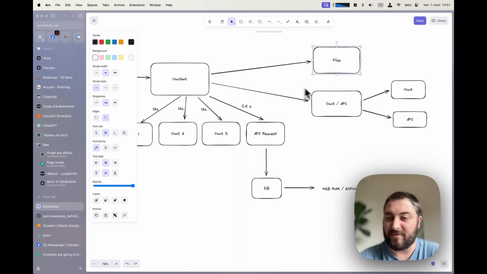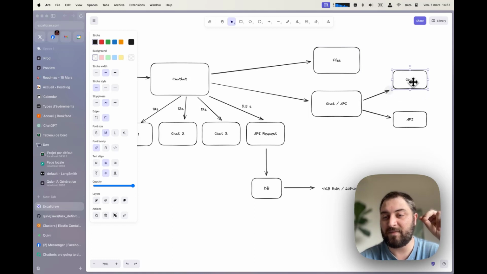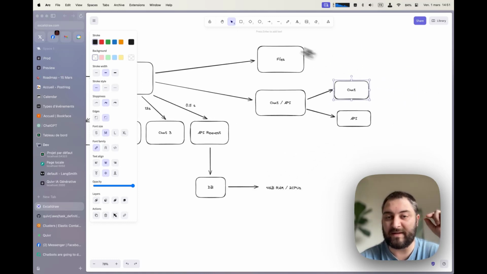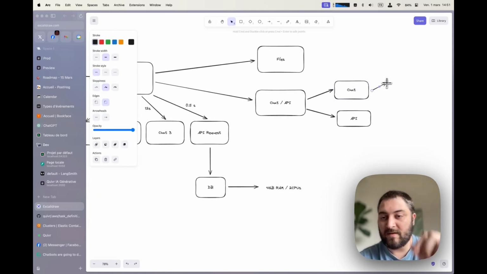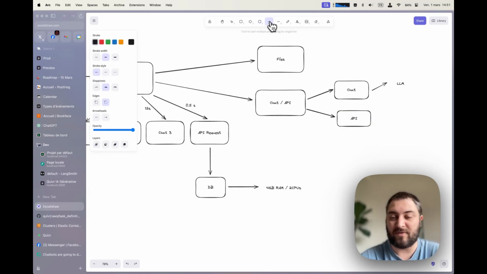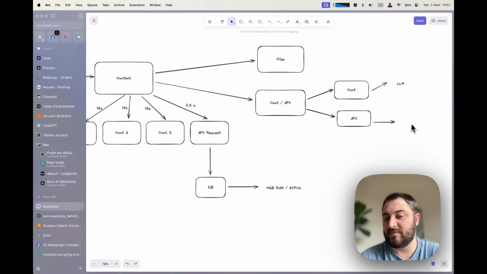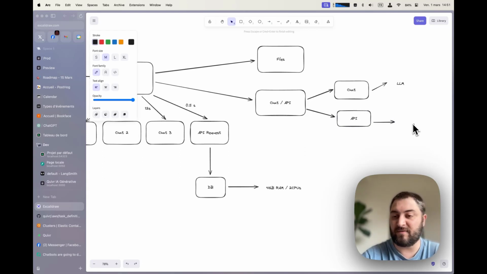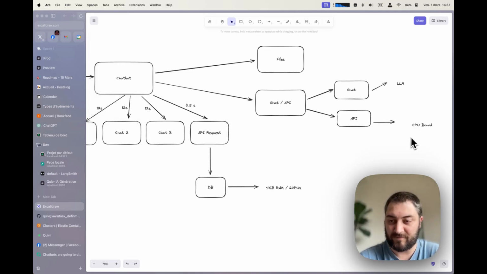But that's one of my advice: at the beginning, try to separate the chat, which is bound to the LLM, and LLMs take a lot of time to answer, from the API calls, which are CPU bound because they are connected to a database, or it's your index that is not very good.